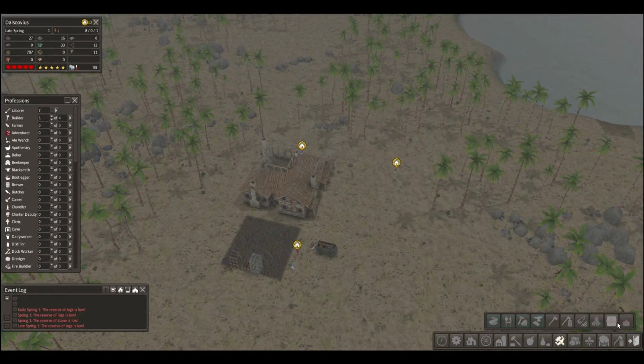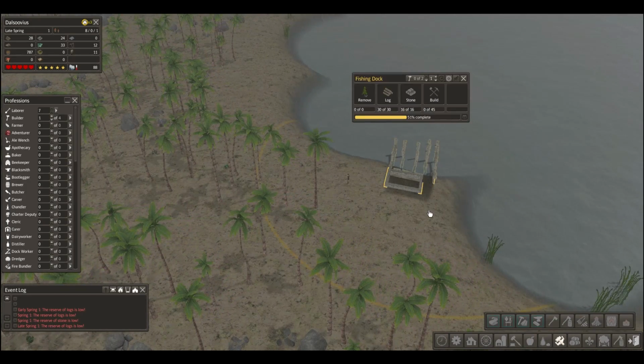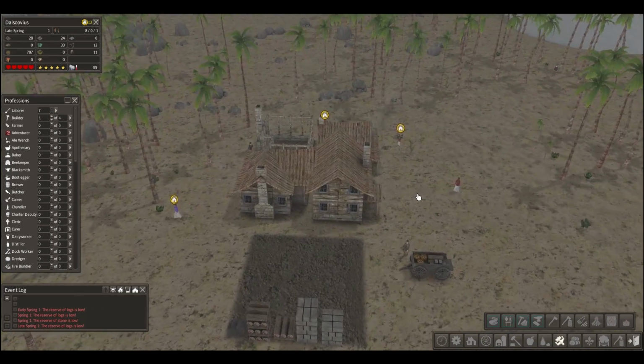Anyway, we could spend all day just looking at the new stuff. I don't want to do that, though. I'd rather get going here and try to make our way in this new world, particularly by getting a fishing dock. It's very, very important. We are going to need food very soon, so